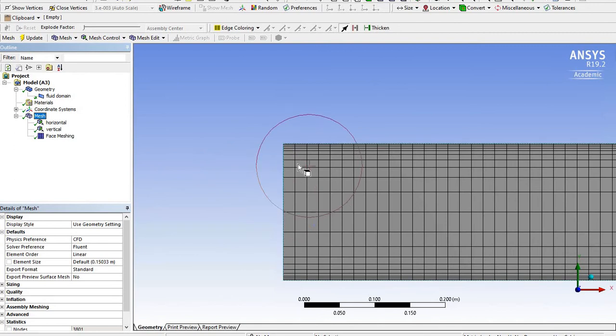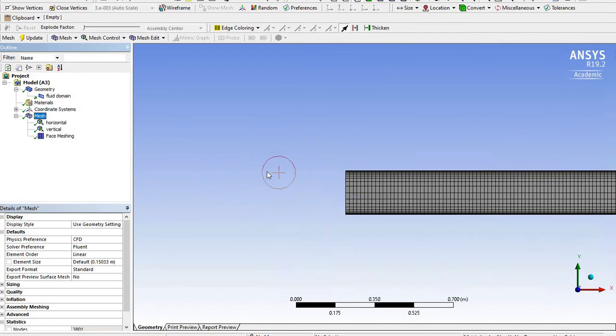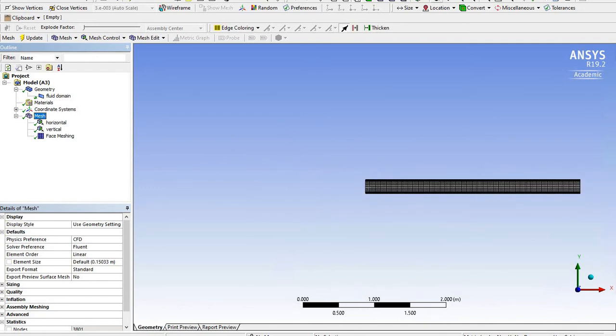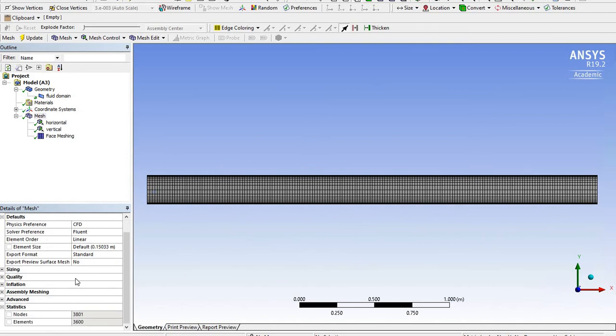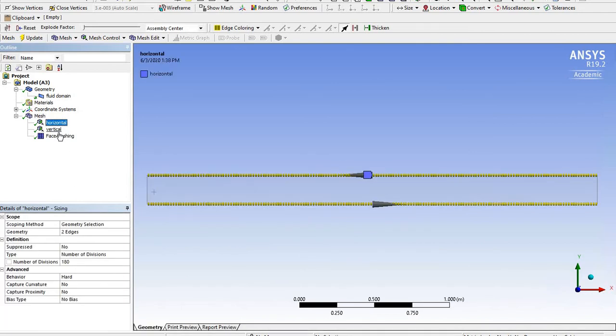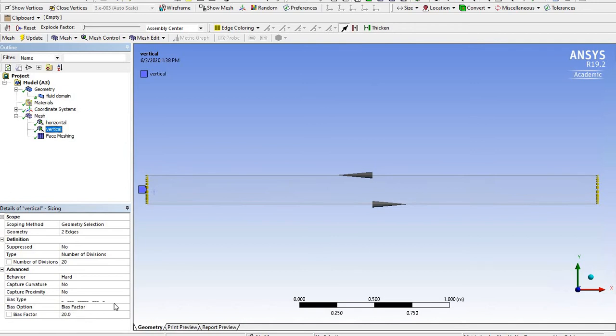So as you can see, I have smaller elements near the wall, larger elements near the middle, and because I selected both, this became a good bias. But make sure when you're selecting bias, your direction of the flow is, just check it. In here it didn't have any influence because I selected a bias type where direction doesn't matter because it's symmetric, right? But if it's not